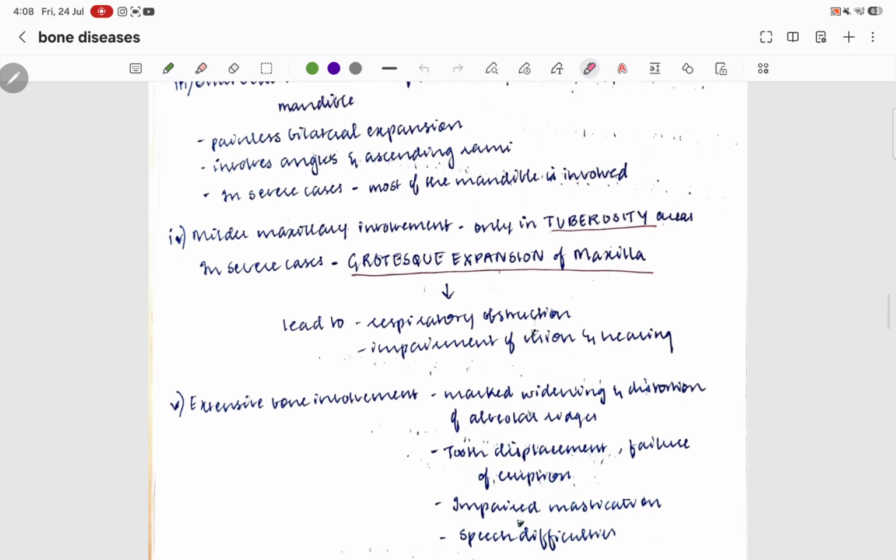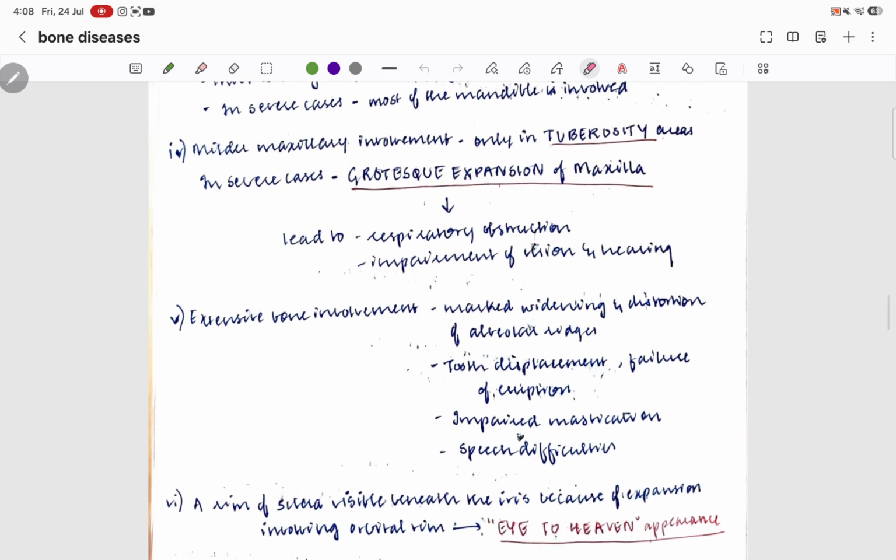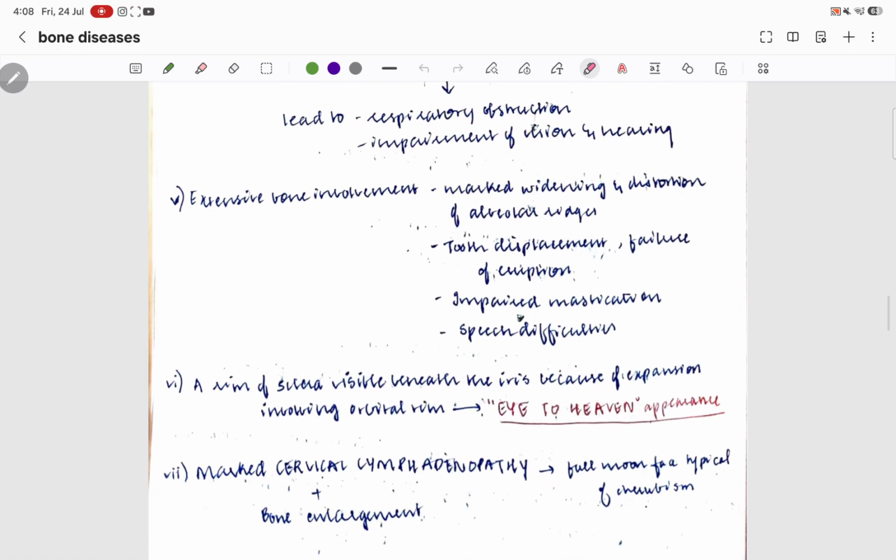Then extensive bone involvement: marked widening and distortion of the alveolar ridges, tooth displacement, failure of eruption,